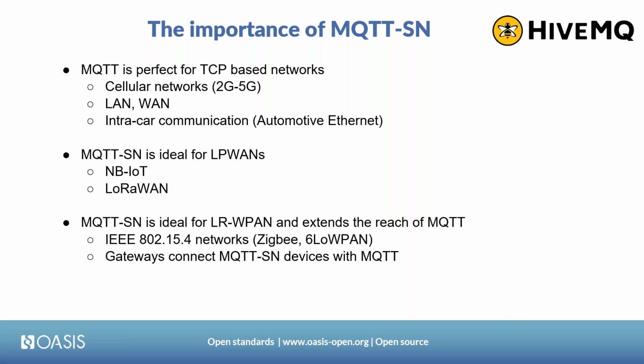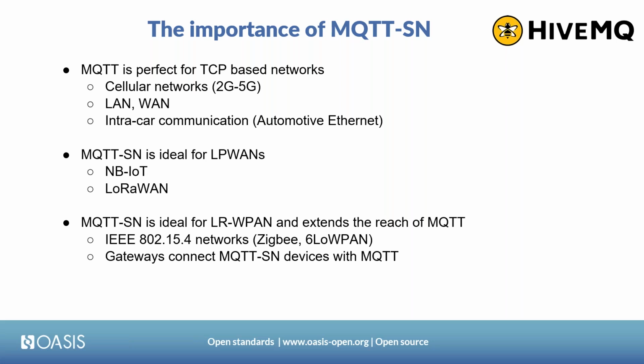This is where MQTT really works pretty well, and we have customers worldwide deploying extremely large-scale deployments based on cellular networks. MQTT also works pretty well in local area networks and wide area networks, and nowadays even inside cars where automotive Ethernet is available, intra-car communication also happens over MQTT